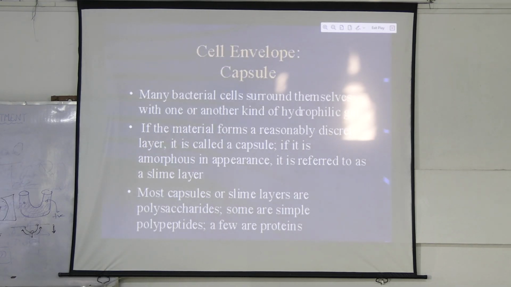The function of the capsule is to protect the bacterium from harmful things. Now, what are the harmful things? It could be environmental elements and it could be host defenses. Now, these capsules are made up of polypeptides and can also retain water. Because it can retain water, it prevents what is called desiccation. Desiccation means